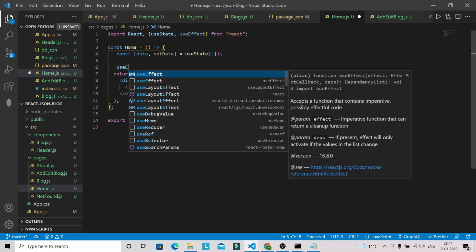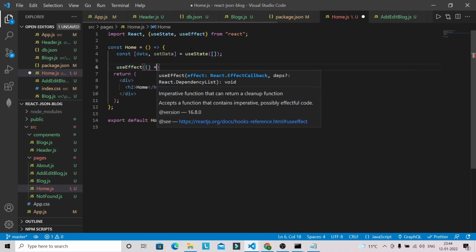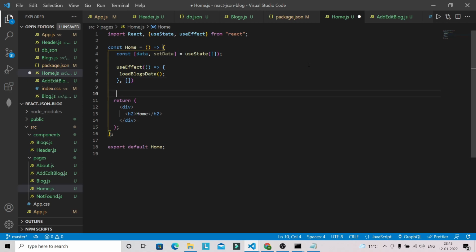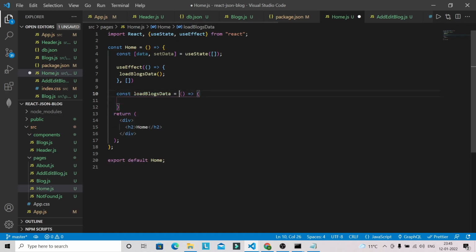Now inside this use effect, I am going to fetch all the blogs that we have in our db.json file. So the function name will be the load blogs data. Okay, we are going to define this load blog data below this use effect, and this dependency array will be the empty. So const load blog data, and this will be the async